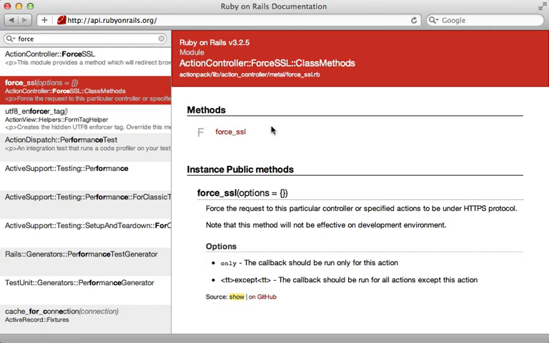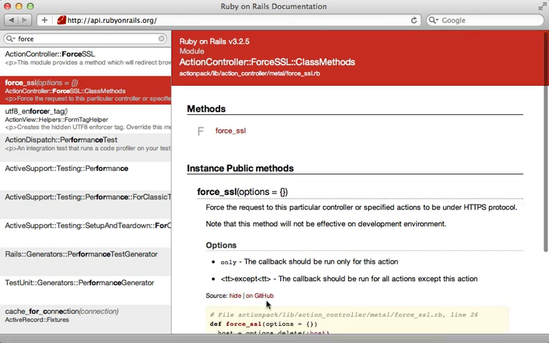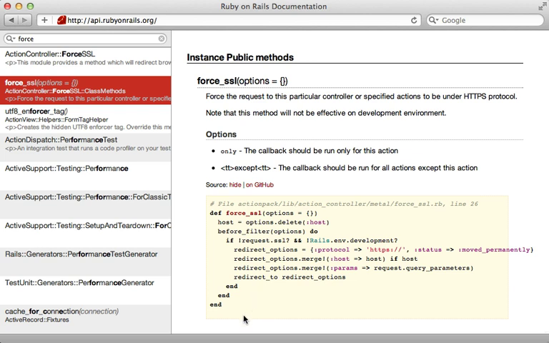Now, Rails does provide a force SSL method you can call on your controller for just such an occasion, but I find it doesn't do quite what I want. For example, here's the implementation. It's pretty simple, but one thing it doesn't do is keep flash messages on the redirect. And this is improved in the master branch, which will be Rails 4, but in the meantime, I just prefer